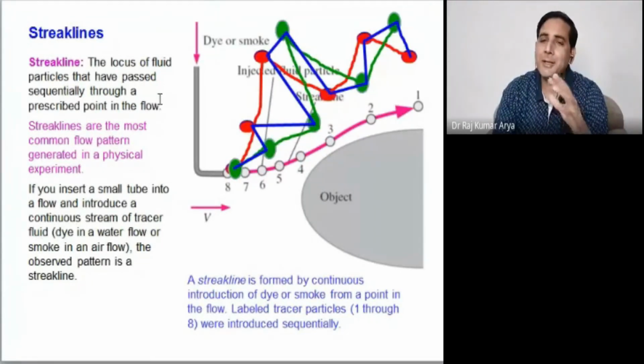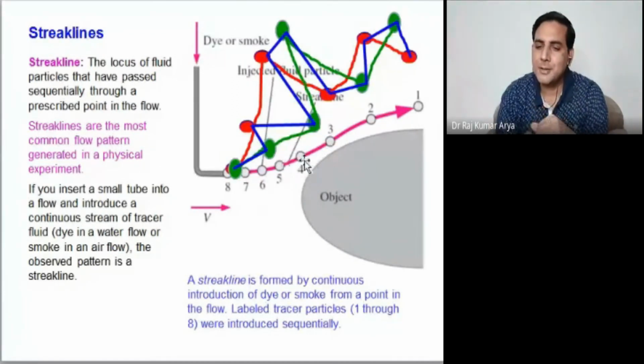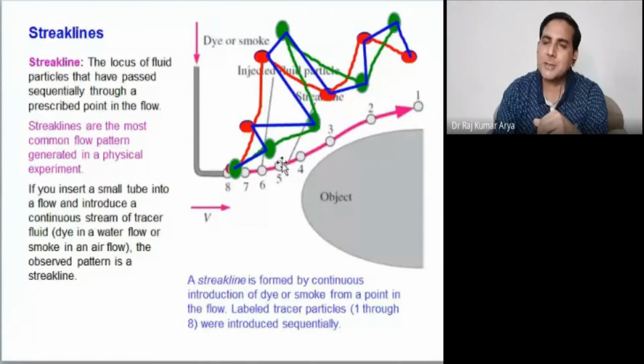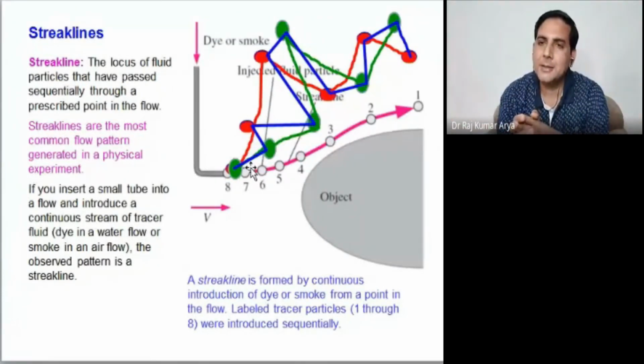Okay? So if your own identity is not built, then no different will come, no output will come. So this is the streamline. In the case of a streamline, whether you draw the path line, the streamline, or the streak line, all of them would go to the same line. Yes or no? Because this is your particle 1, this is 2, this is 3. Everybody is following the same path. So this would become the streamline. So in case of the streamline, everything is same. Fine.